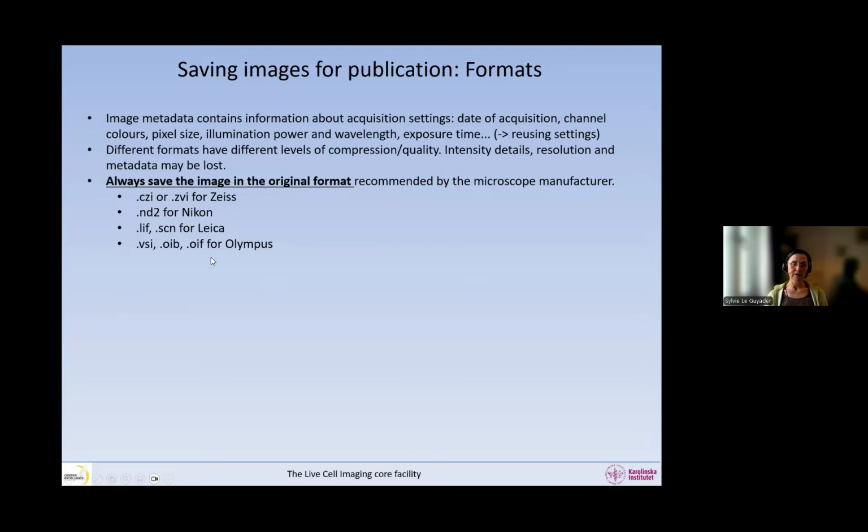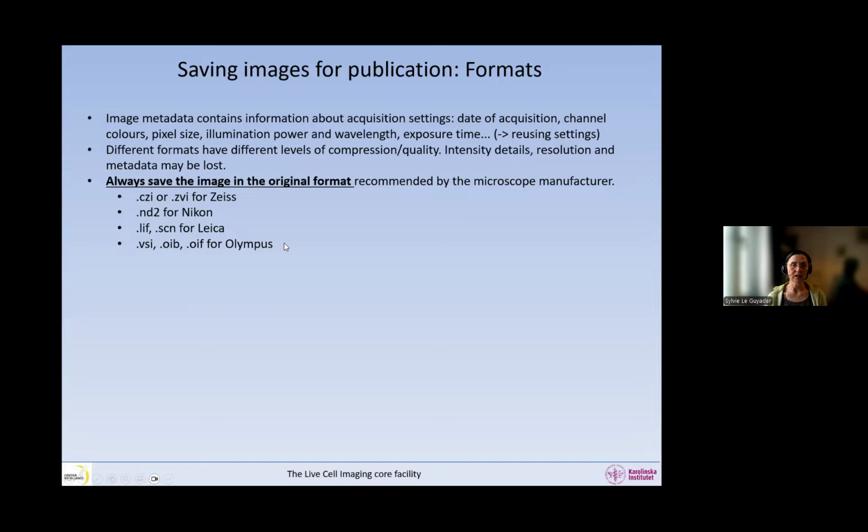These are the formats that are recommended by the big manufacturers, let's say. If you know of another format that is also recommended by these four, please let me know and I will add it. They also offer other options, but the other options are definitely suboptimal because in particular the metadata may be gone.